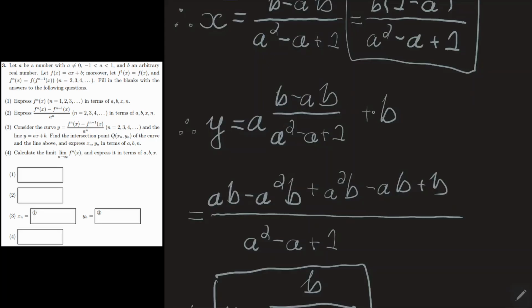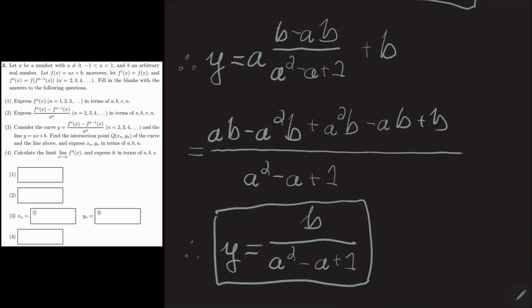So the line is ax plus b, and we take this x value that we just found and sub it in. And then once again, this is just some expanding here. What you'll notice is if you take this b term right here and you make it part of the fraction by multiplying it by a squared minus a plus 1 and also dividing it by a squared minus a plus 1. So if you do that and turn this into one fraction, you'll see a lot of these terms cancel